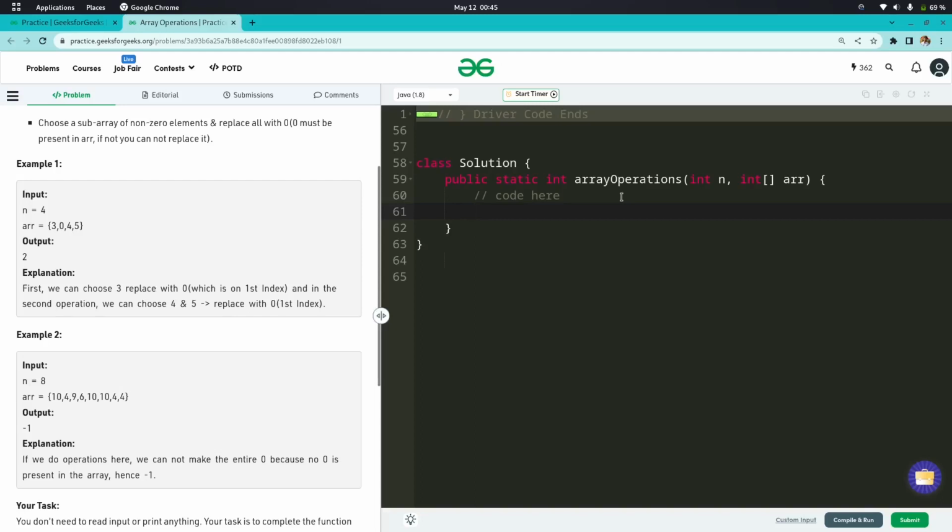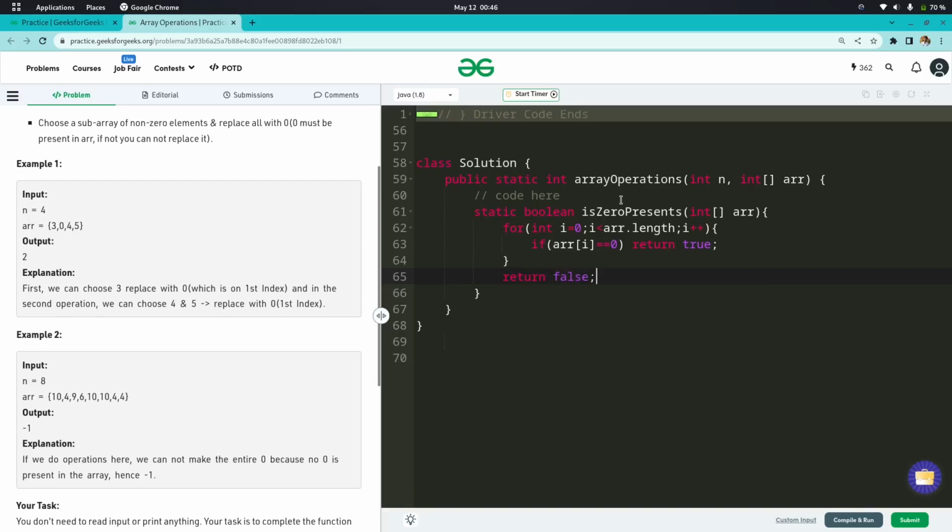So let's create a static boolean isZeroPresent with an int array, a for loop from int i equal to 0 to i less than array.length, i plus plus, and if array[i] is equal to 0, then return true, and outside the loop return false.